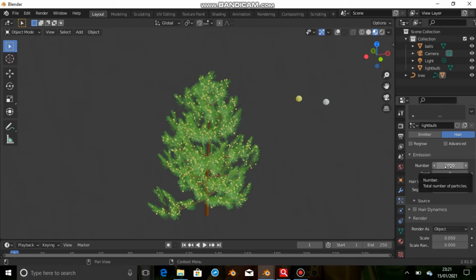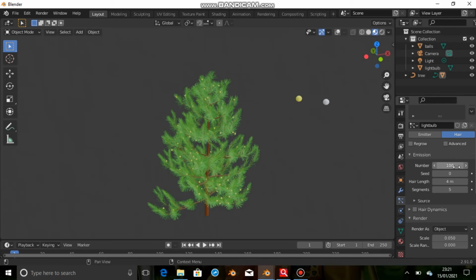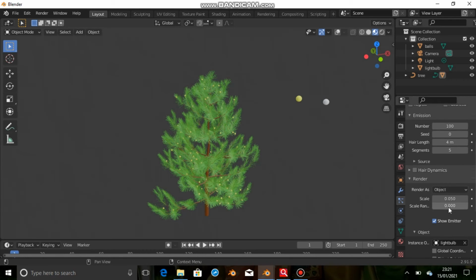After that, scale it down to 0.01. Okay, it depends, you can play with the scaling also if you want more, not that much. More decrease it, you can play with it. Now we have a nice light bulb.